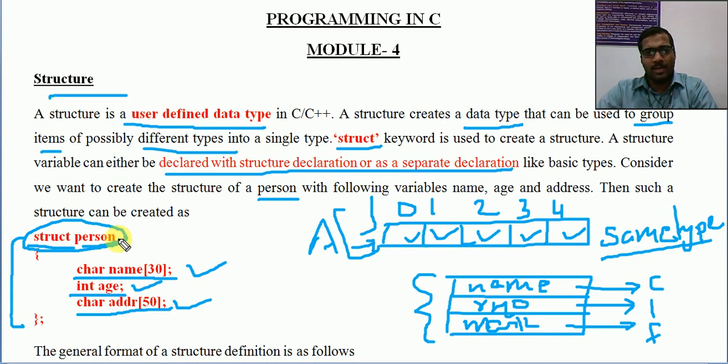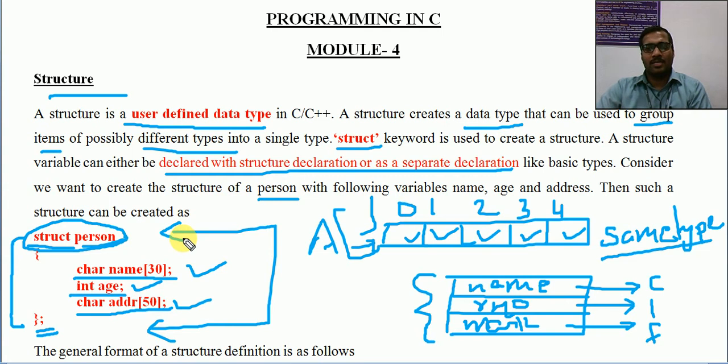So we can have a single person, and we can have multiple persons also. We will see that. One data type is being created, and person is the name of the data type. After this declaration, you have to close it with a closing brace and then put a semicolon. This semicolon is very, very important to stop the declaration. This is called a structure declaration. Structure declaration means we are going to define a new structure data type. Okay, so this is an example pattern.